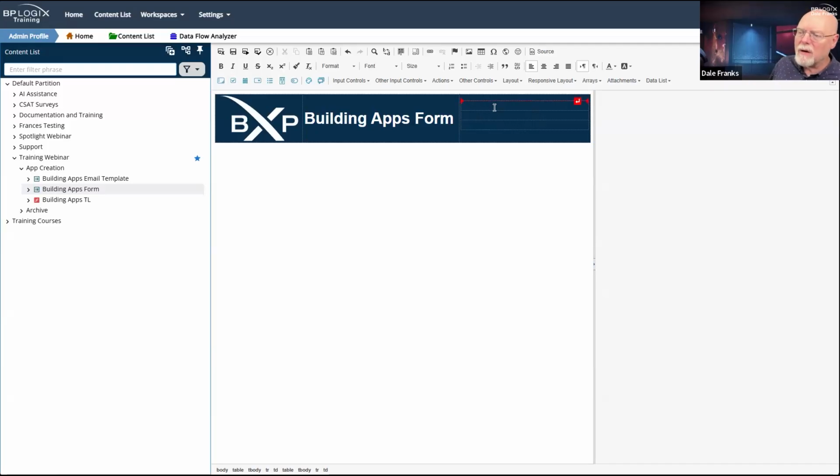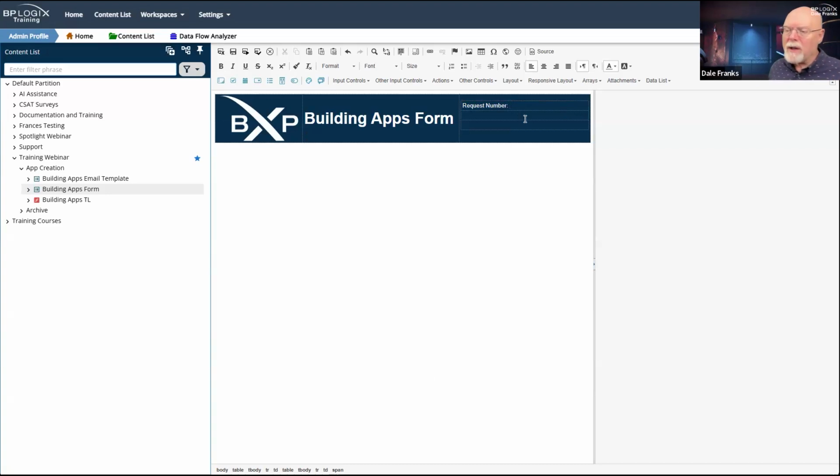So I'm just going to throw right up here, and I'm going to, again, set my text color to white since I have this navy blue background. And I'll have request number. And now I need to throw in the form field. So let's keep in mind that I set disabled fields as text. All 3 of the fields that I am going to put up here for my request number, my submitter, and my submit date are all going to be disabled, which means they're all going to be shown as text.